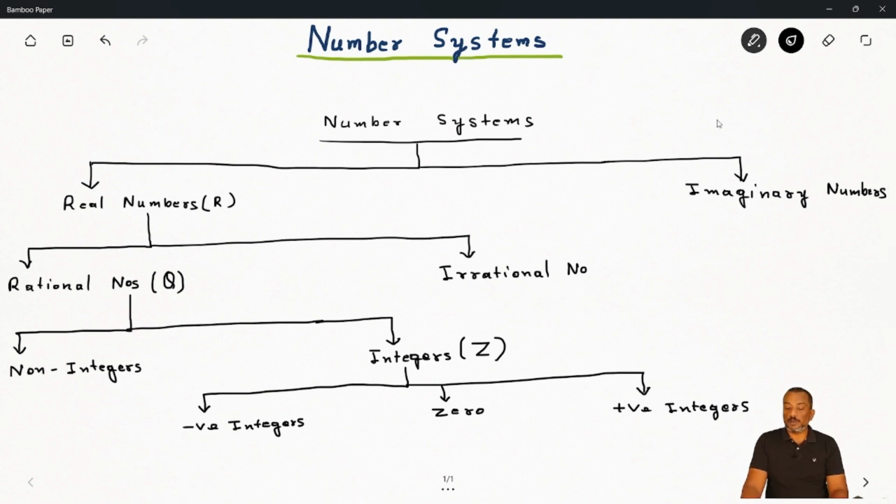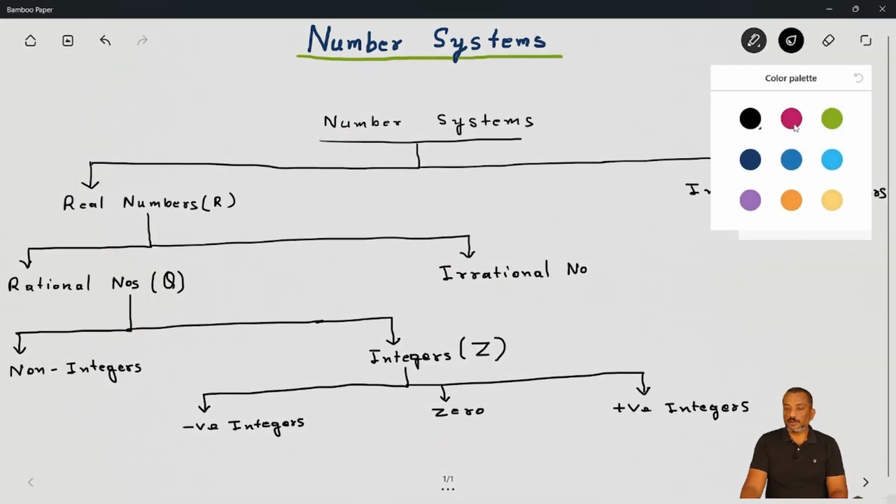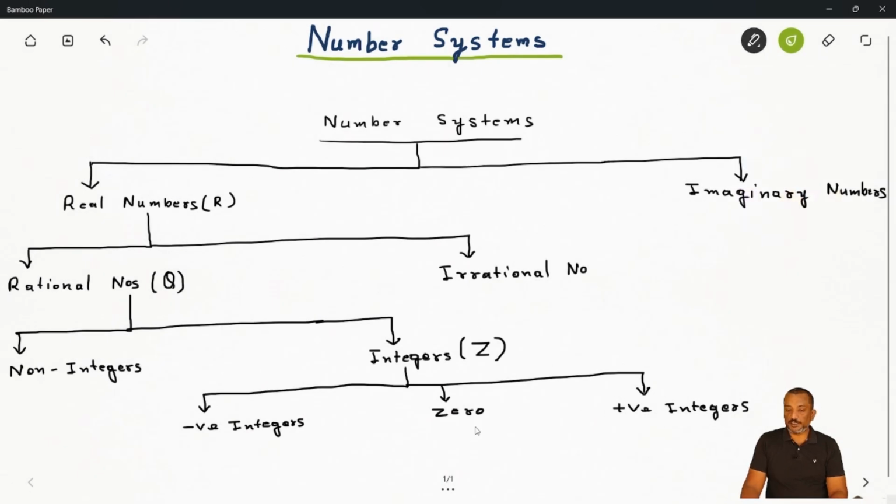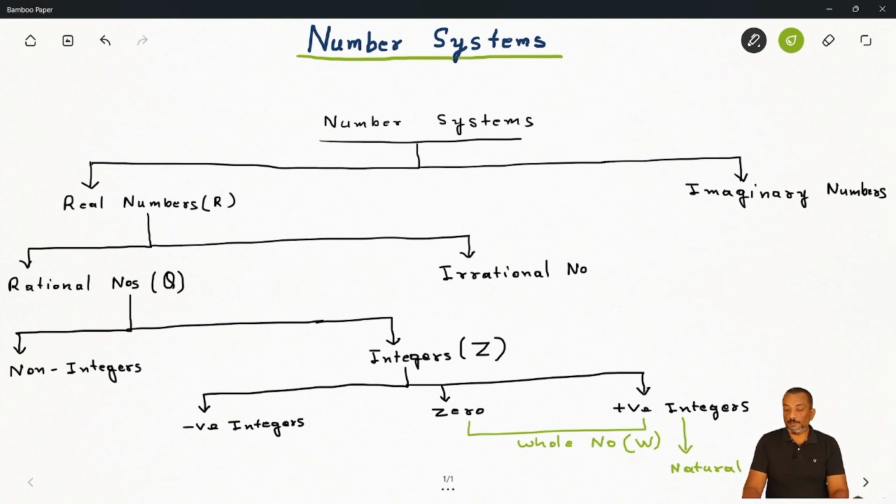तो अब देखो, सिंपल हम बात करें, जो हमारा इंटीजर्स है, जीरो एंड आपके पॉजिटिव इंटीजर, ये दोनों कंबाइन होके हमारे बनते हैं होल नंबर, दैट इज कम अंडर दी होल नंबर। और जो हमारा पॉजिटिव इंटीजर है, दैट विल कम अंडर दी नेचुरल नंबर। होल नंबर को हम लोग रिप्रेजेंट करते हैं कैपिटल लेटर W से और नेचुरल नंबर को कैपिटल लेटर N से। तो होप आपको यहां तक सारा चीज क्लियर हो गया होगा।